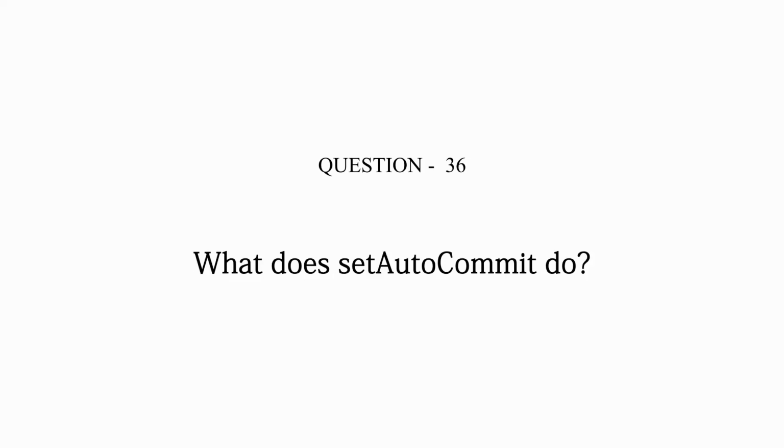So what does setAutoCommit do? setAutoCommit is a method through which we generally change the automatic commit of a query inside a database. Generally, if you commit to a database through Java, all the changes that have been done will be saved. By default, some databases save the changes automatically. So you can turn that off or on using the setAutoCommit method of the Connection interface. So it is in the Connection interface, and through this you can do that.